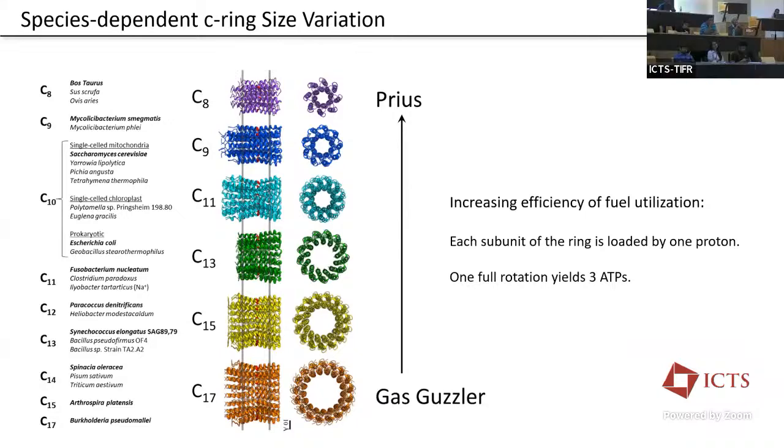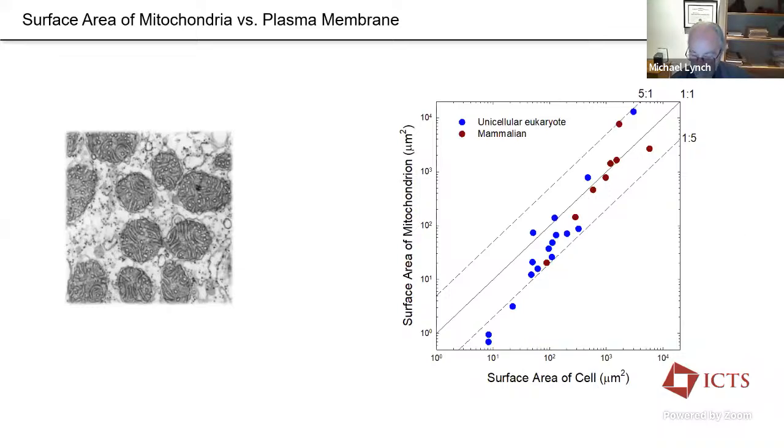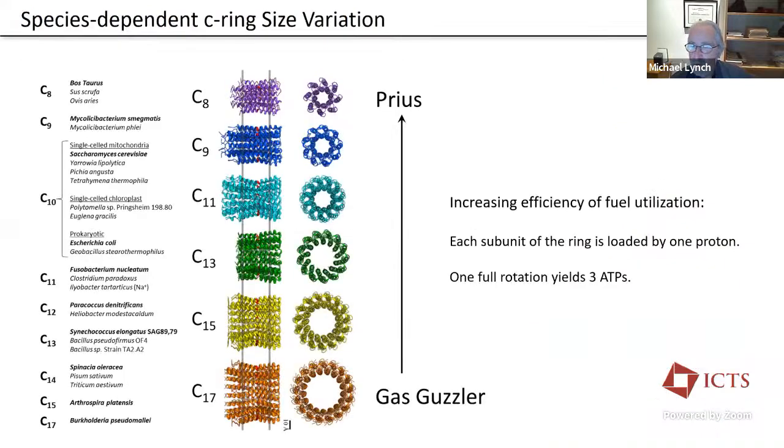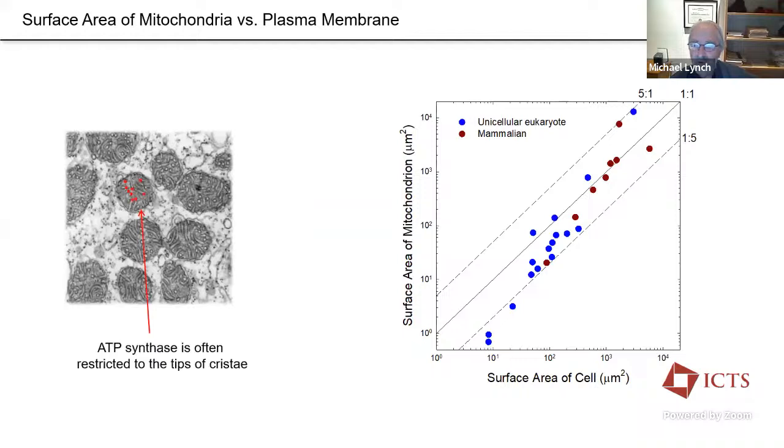You also said that this does not solve the problem. That's the part I didn't get. Oh, yeah. So this argument sounds great. Makes sense geometrically, but when you actually look at the data in real organisms, what you find is the total surface area available for ATP synthase on mitochondria inside cells is no greater than the area of the plasma membrane itself. So you haven't really gained anything by moving your ATP synthase from the outer membrane of the cell to these inner membranes of mitochondria. But presumably you've gained by not having to invest as much in biomass.